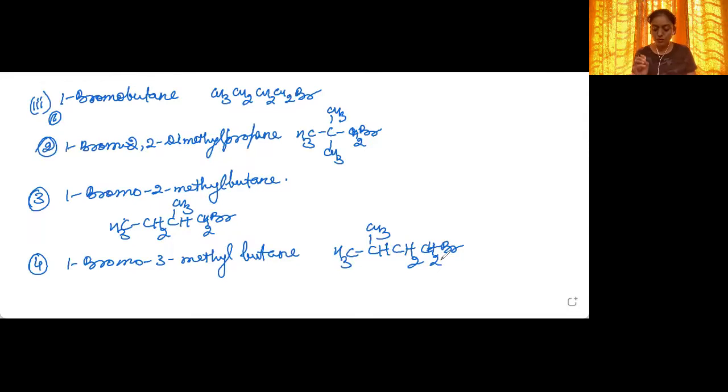Now, if you see the structures of all these molecules, they are all primary. This is primary, primary, primary, and primary. Now, how to see which one will be most reactive and which one will be least reactive towards SN2 mechanism? Again, we will be considering the steric hindrance. Previously, we were looking at the steric hindrance at the carbon to which the halogen atom was directly attached, that is the carbon at which the attack had to take place. Now we will be looking at the steric hindrance near to the carbon atom where the attack is to take place.